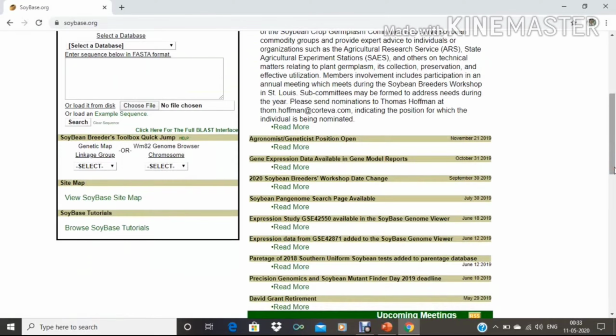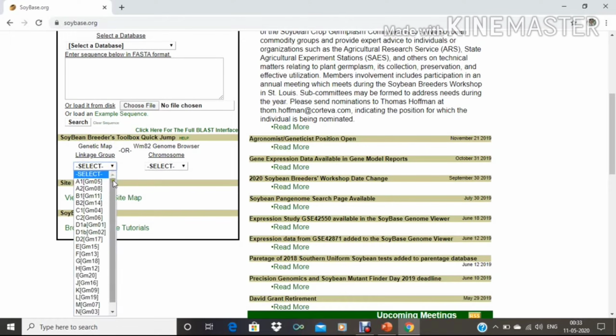Now we will see how to quickly pull up the genetic map in SoyBase. For this we can see this soybean breeder's toolbox quick jump. Here we can select any linkage group. See here, many linkage groups are given.